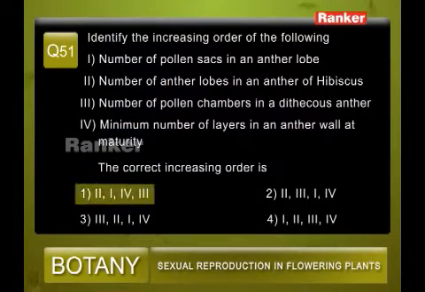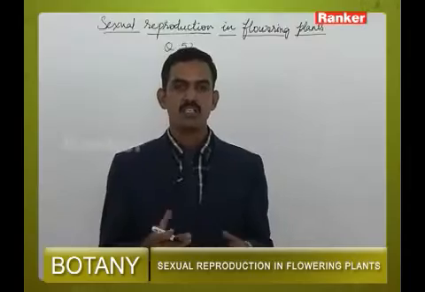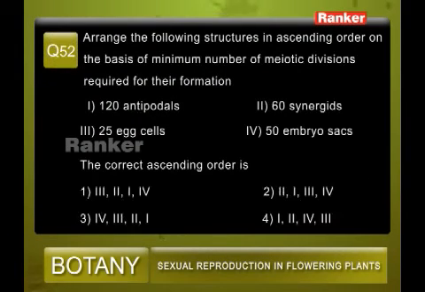Question number 51, the correct answer is 1. Question number 52, arrange the following structures in ascending order on the basis of minimum number of meiotic divisions required